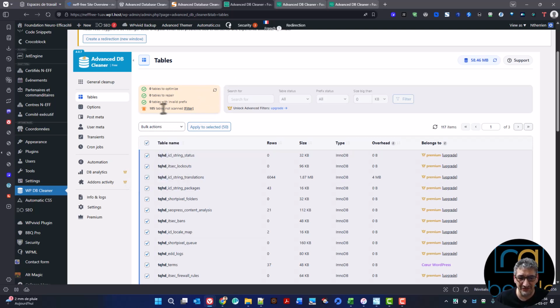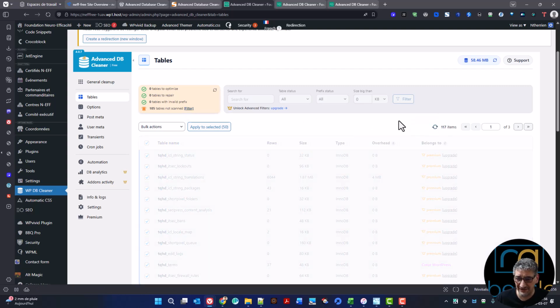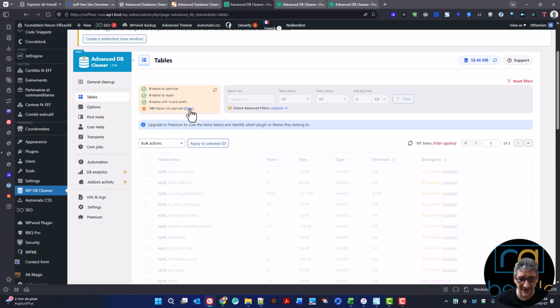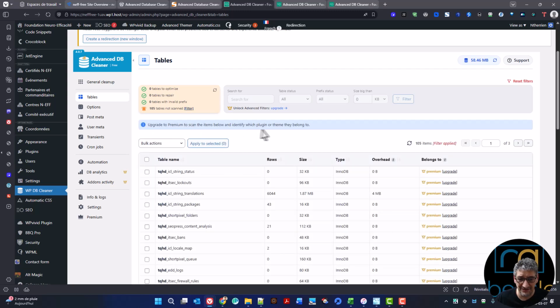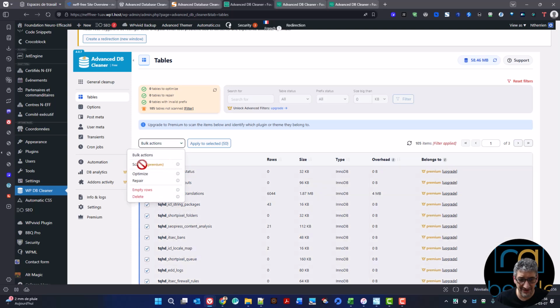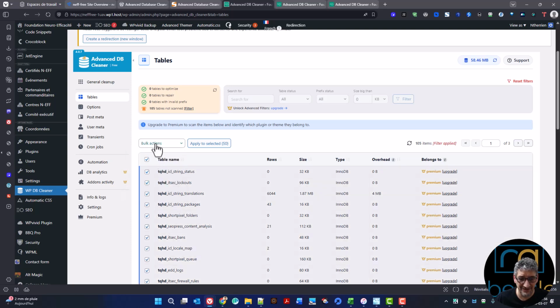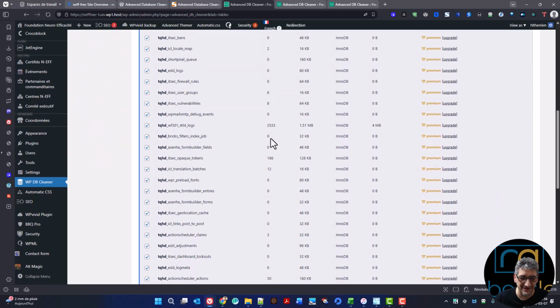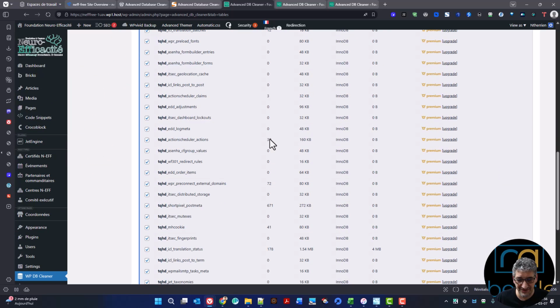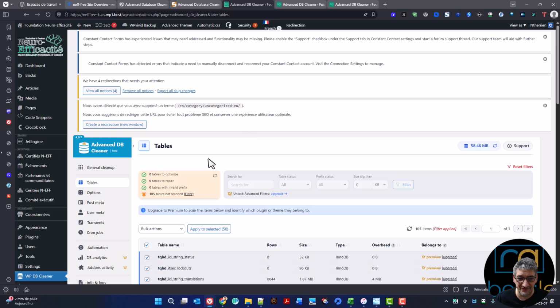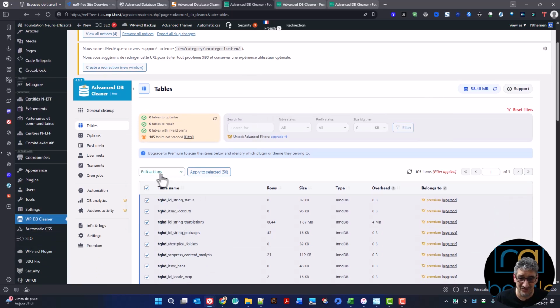All right, really strange. So table not scanned. How can we scan then? Refresh data. If I have tables that are not scanned here, how can I scan them if I can't? Looks like it's going to be a little bit hard to scan here. All right, so as I said, didn't check before. So looks like we cannot manually scan, so we assume that it will scan it automatically at some point because